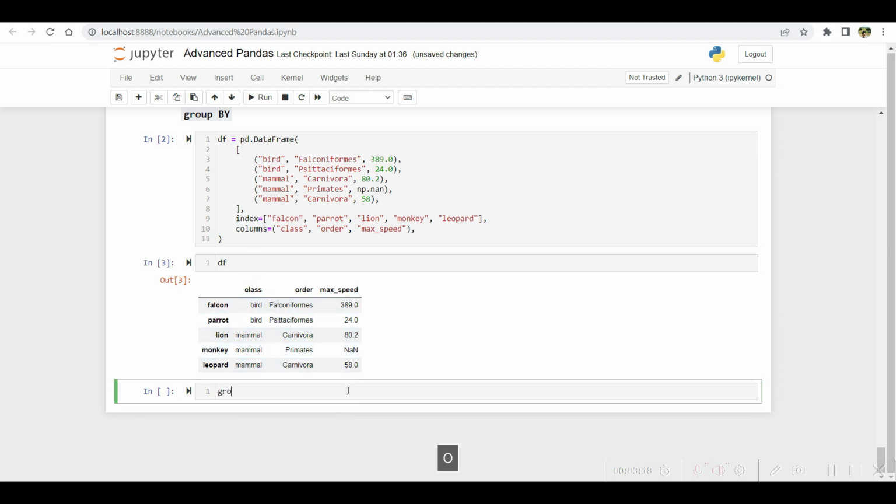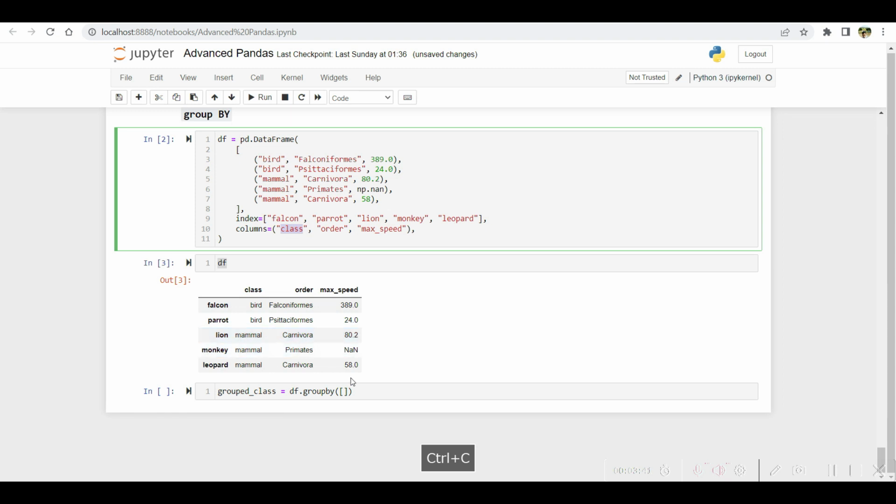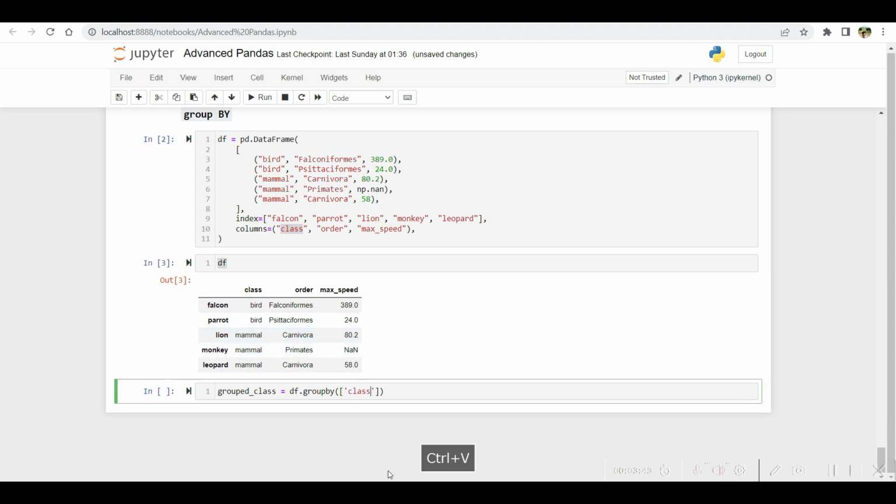So how can I do that? Let's say I'll call it grouped class. This is my new data frame, and what I can do is say: this is my data frame dot group by, the method, and I can say group by class. So you have to pass this in a list. Inside this group by, if you do shift tab,